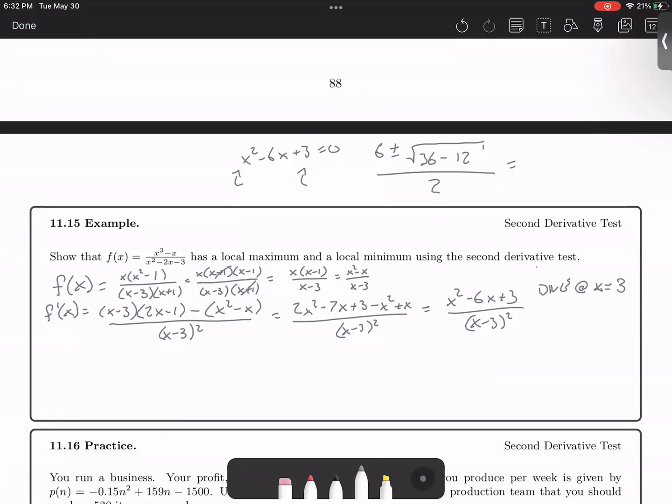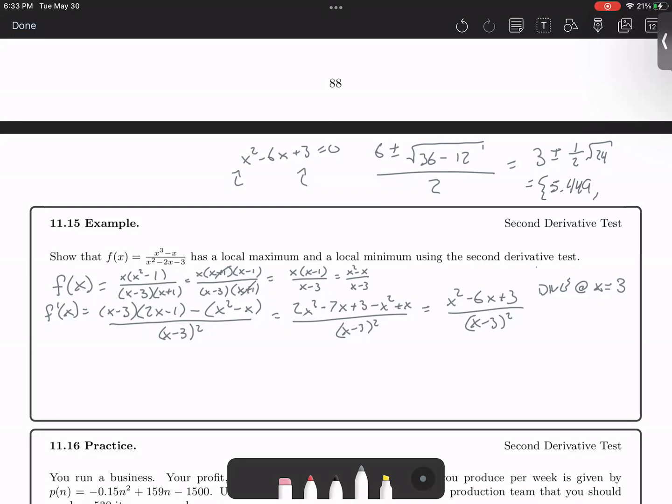We've got 3 plus or minus 1/2, distributing that division by 2, of 36 minus 12, what is that? 24. Square root of 24 isn't going to give us a nice answer, but as a decimal approximation, we get 3 plus 1/2 square root 24,